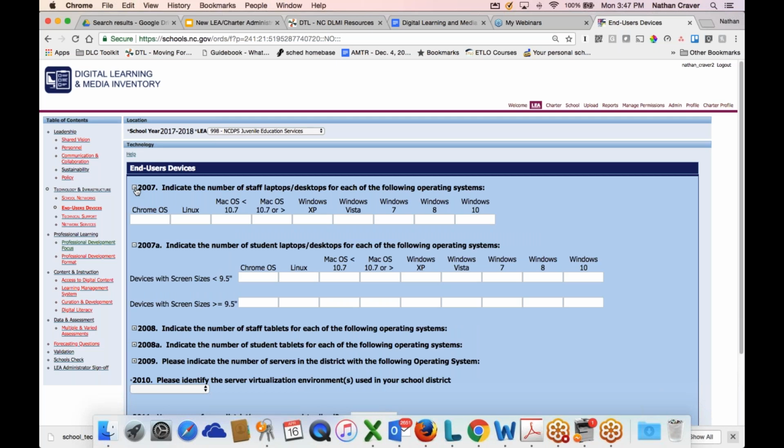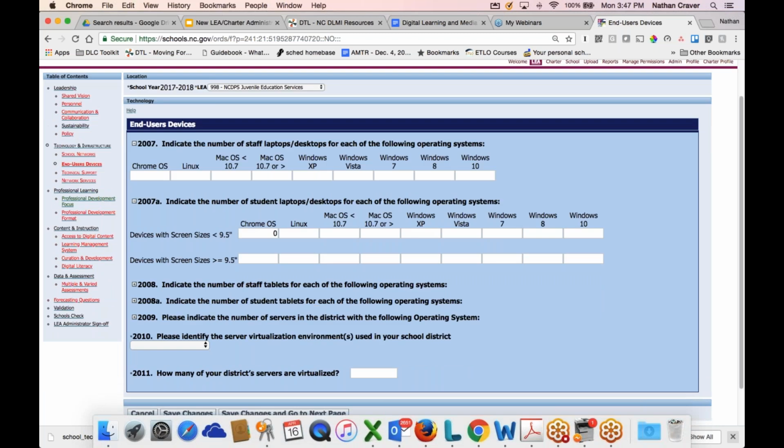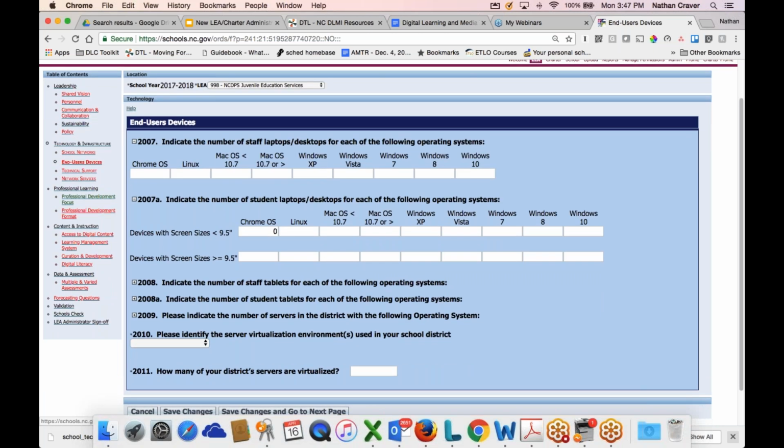We did get feedback after the first year that some districts store their loaners or extras at central office to be shared for their one-to-ones, so they asked us to add in student laptops and desktops at the central office level, so we added 2007A and 2008A. If you do not have any student devices at central office, that's okay. We do need you to go in and just put in the zeros here. 0 to us looks different than a blank. So anywhere that you do not have something, please add in a 0,